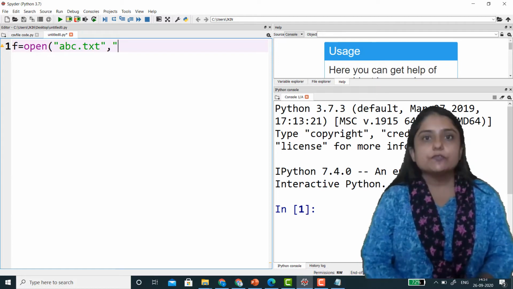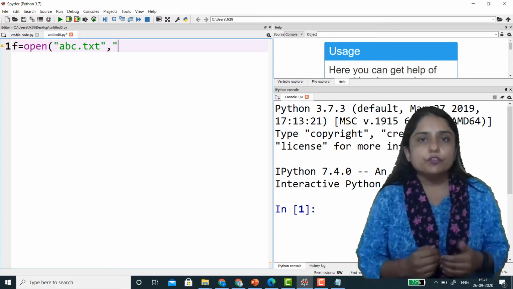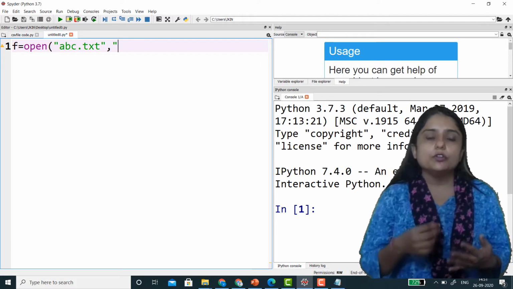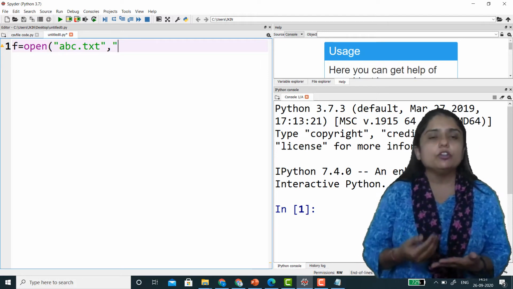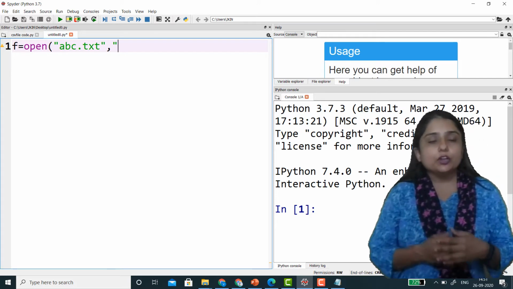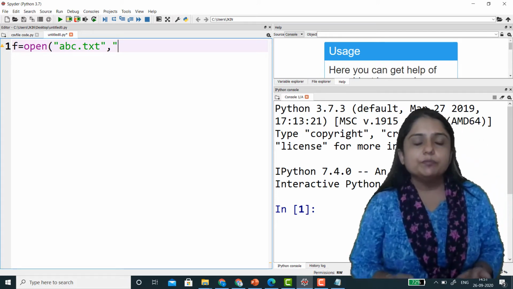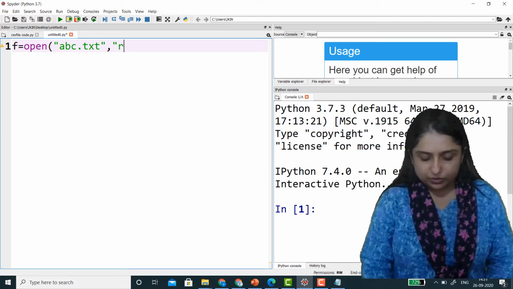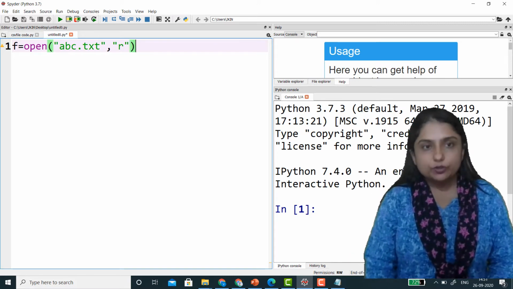Here you have to specify the mode, that is, in which mode you want to open your file: read mode, write mode, or append mode. If you do not specify any mode, by default it will take the file in read mode. So I am specifying read mode here.